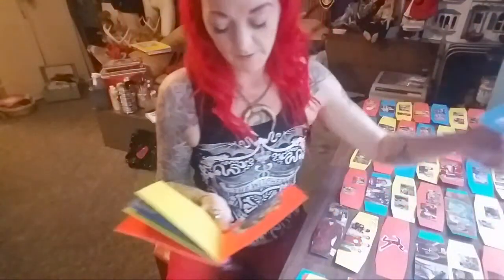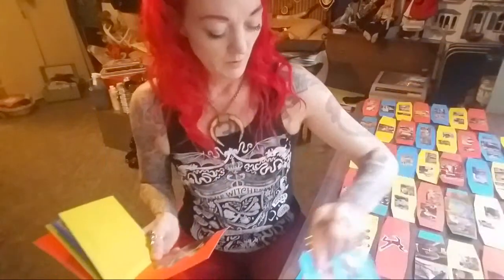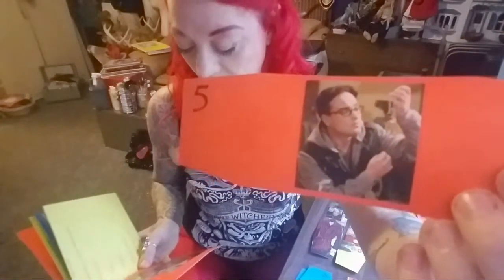Card 4 is pain. Amy's giving Sheldon a shot in one picture, and in the other one, Sheldon's laying on the floor playing dead. Card 5 is Leonard holding the ring. Remember when they all had the rings and they were trying to get it from each other? And this one I just marked as Saturn, because the ring